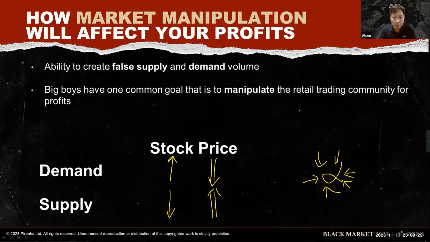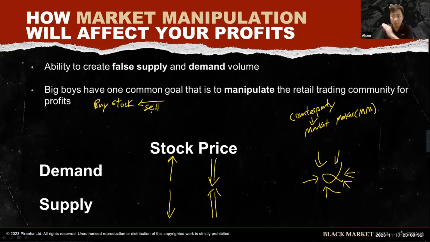But in the stock market, you have this guy called the counterparty, who is your market maker. We call it the MM. Counterparty means that if you are buying the stock, someone has to sell to you, agree? Someone has to put the offers there for you to buy. Who's the one who put them there? The market maker. And if you buy too much, guess what? The market maker will become net short.